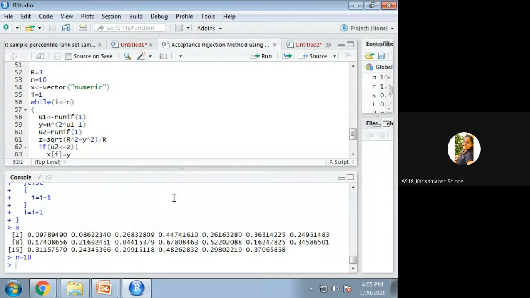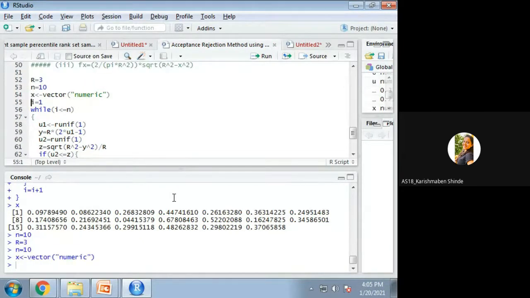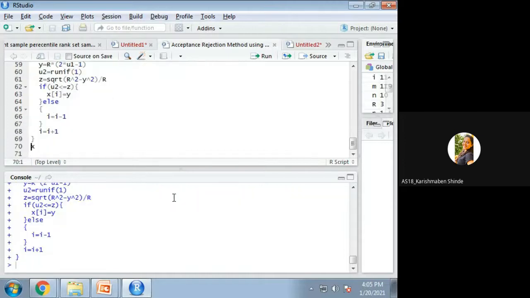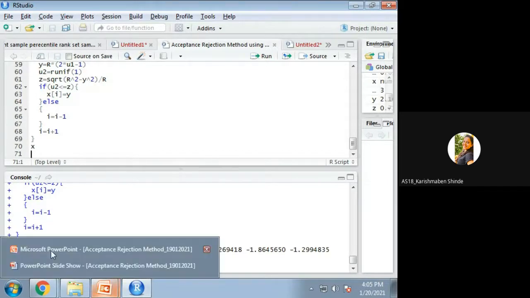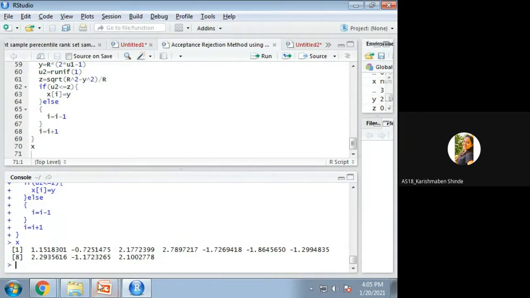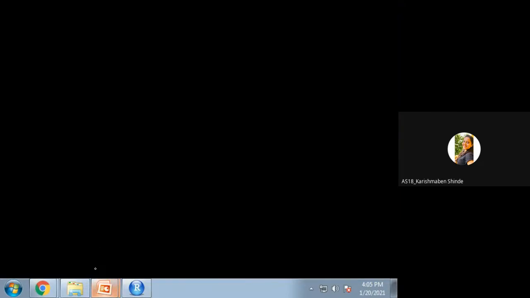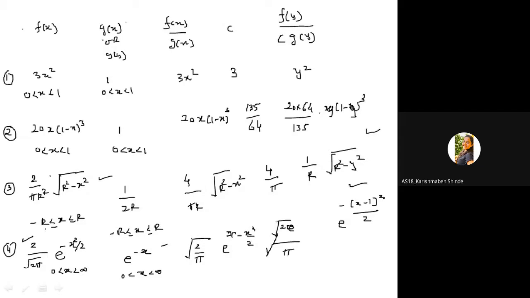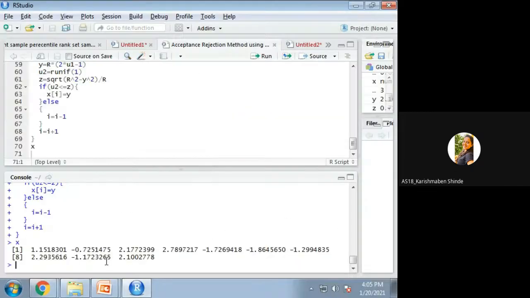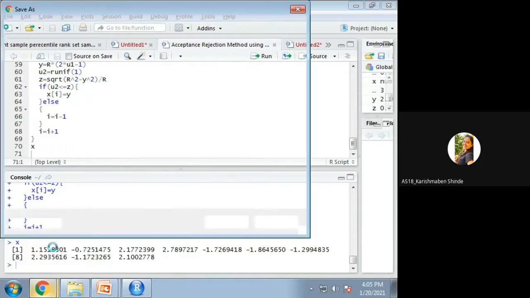So first we have to give r, so r is 3. You can see the required random numbers are generated. Let us check the range. You can see that it is generated from minus r to r, so between minus 3 and 3.